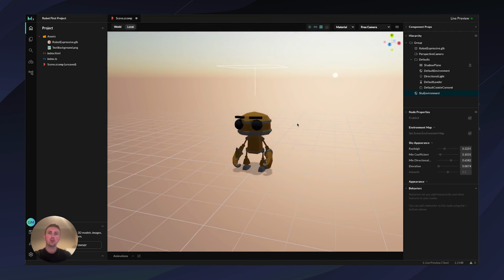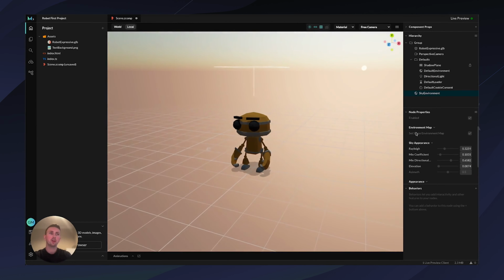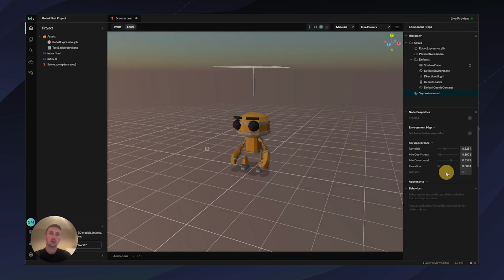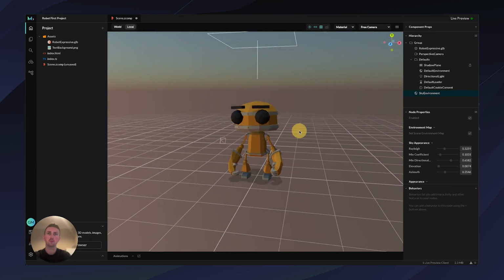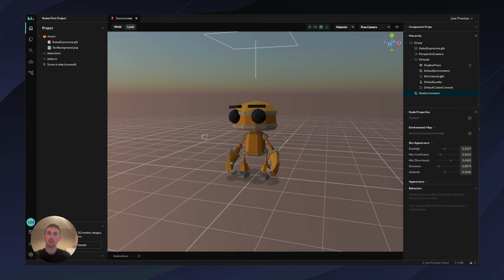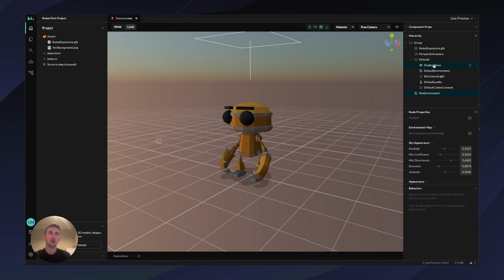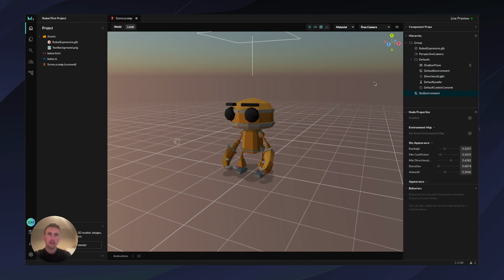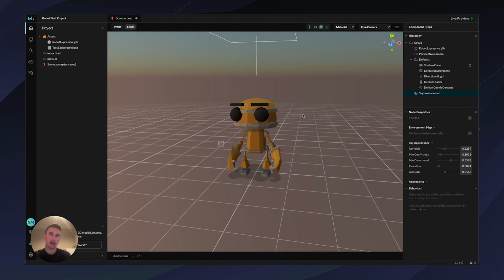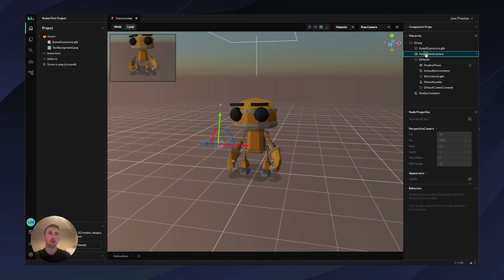Cool. So we have our 3D model, we have our sky environment. I'm actually going to change this so the sun is shining on him from the front, which makes him look nice with the shadows and everything, because we've got our default shadow plane and things set up already for us. Cool. In addition to our project, currently it's completely static, but we have a perspective camera.